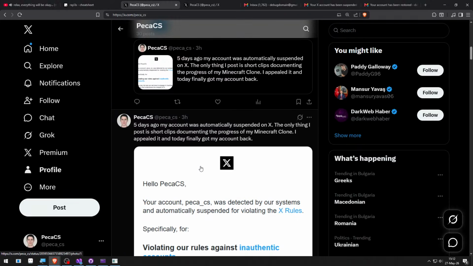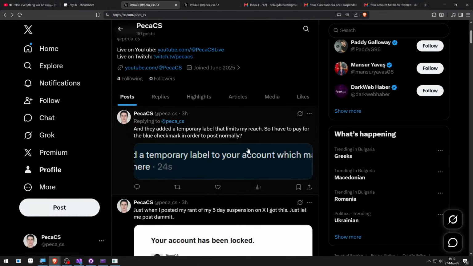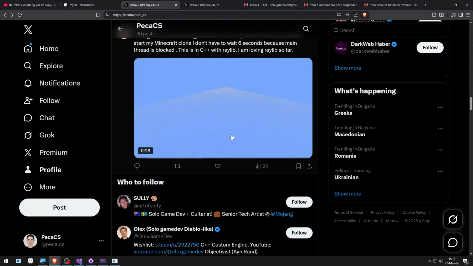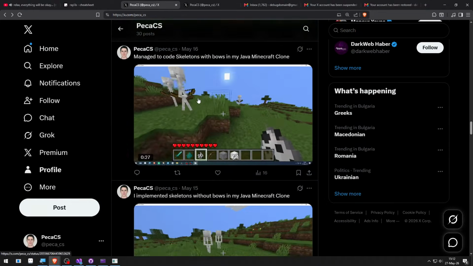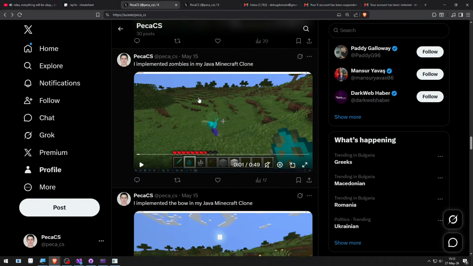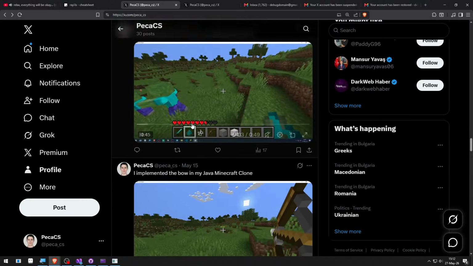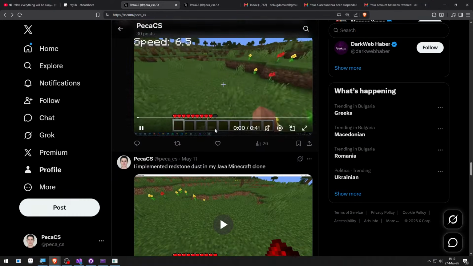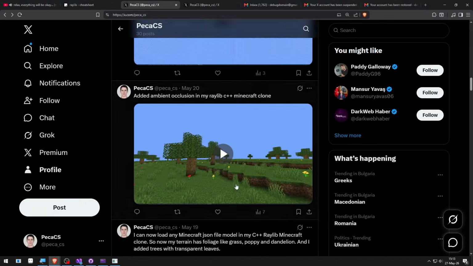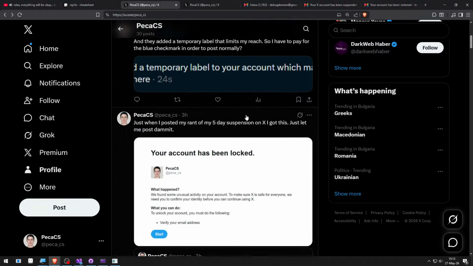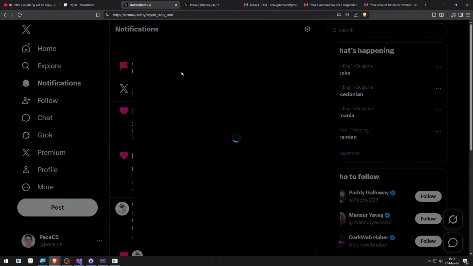Then they removed the suspension and gave me a label, and I assume maybe it's because they think this is spam. Here I posted once a day, but before that I posted a few times a day. I posted 2 times on May 15, and maybe they thought that was spam. And here 2 times on May 14. Maybe they thought that was spam. And sure, they gave my account back, but now I have this annoying label that has its downsides of